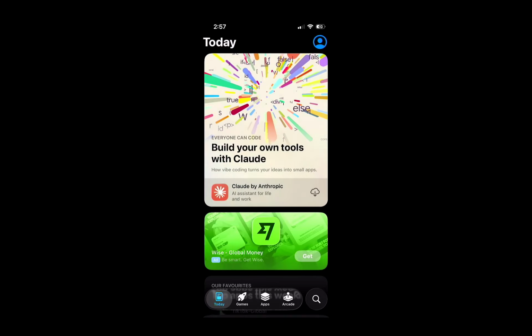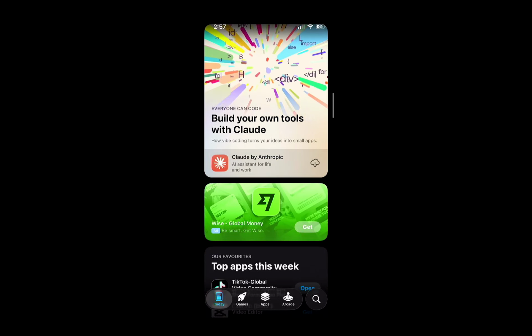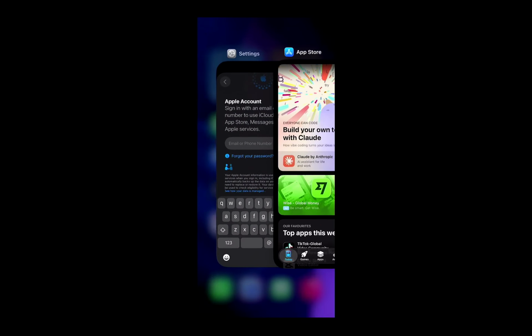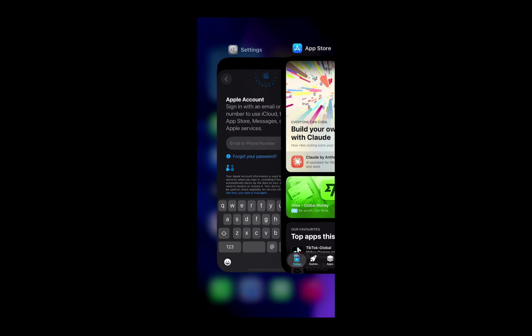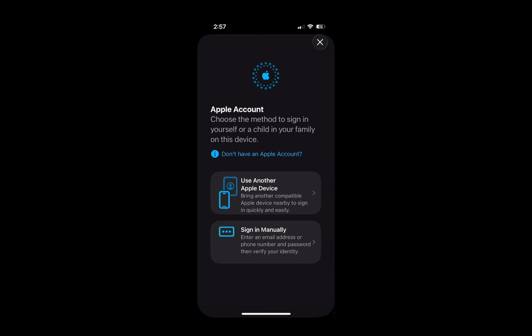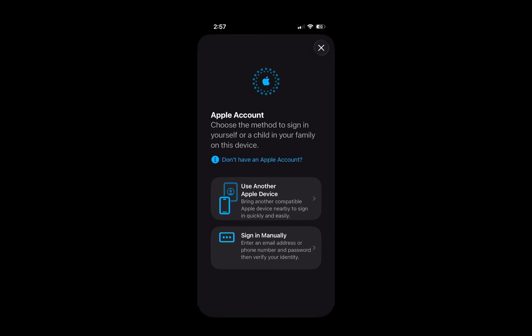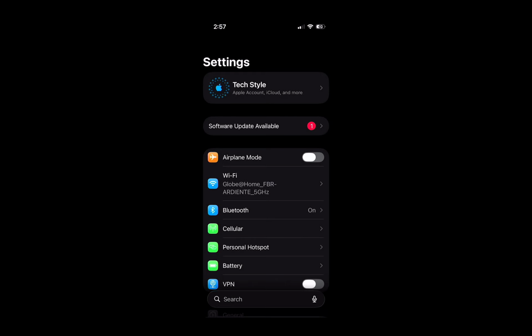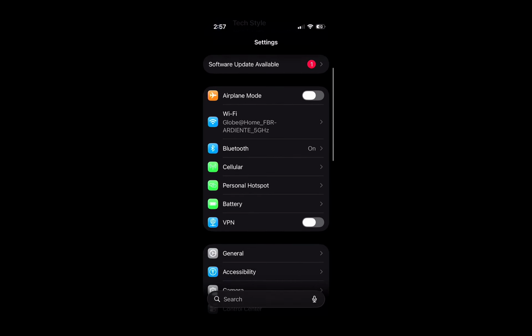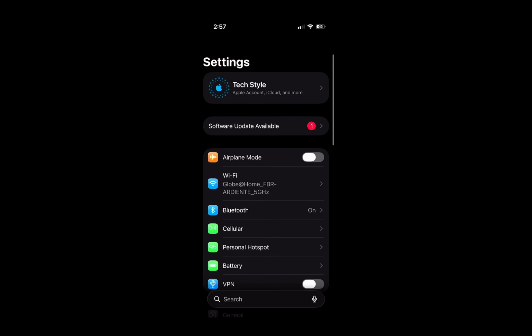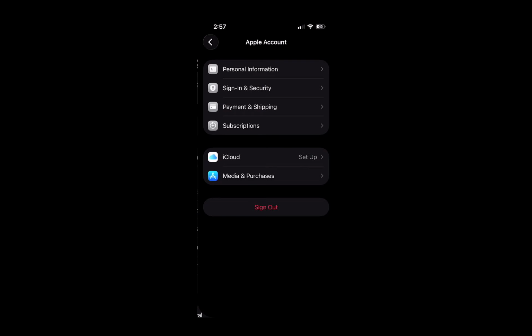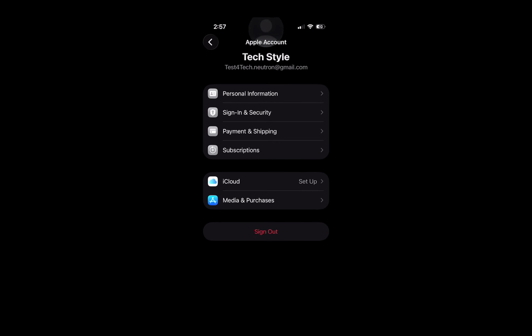Here's a quick tip. You only need to sign in once. After that, your Apple account is used automatically for the App Store, iCloud, and downloads, keeping your apps and data consistent across your devices. If a verification code doesn't appear right away, check your other Apple devices, look in your Messages app, and make sure you have a stable internet connection. Never share your code with anyone.